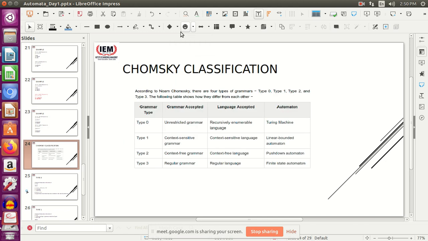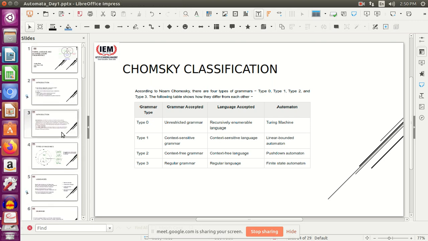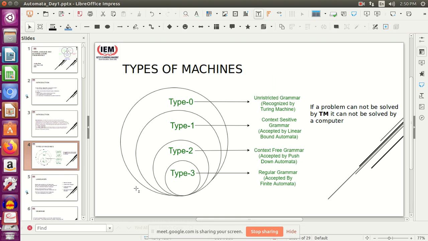Thank you. So next, moving to Chomsky classification or Chomsky hierarchy of grammar. In your first class, I had shown you a diagram like this, wherein we could see the 4 types of machines and the 4 types of grammars for the corresponding languages.